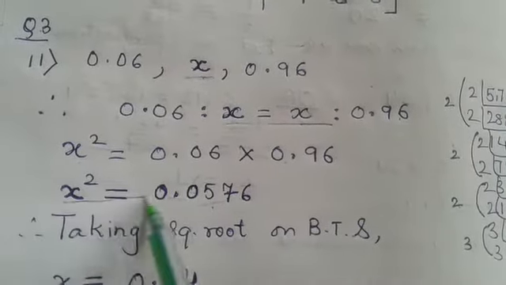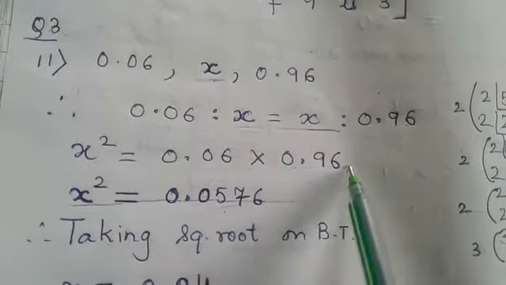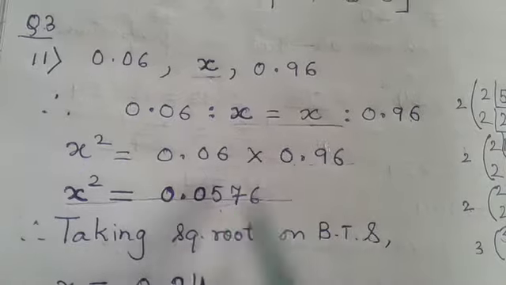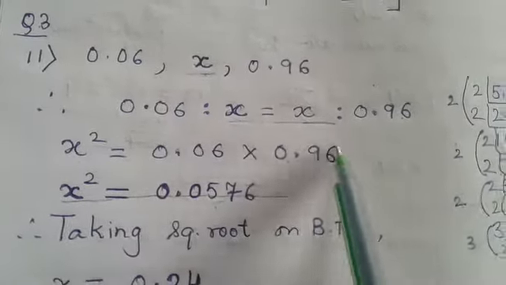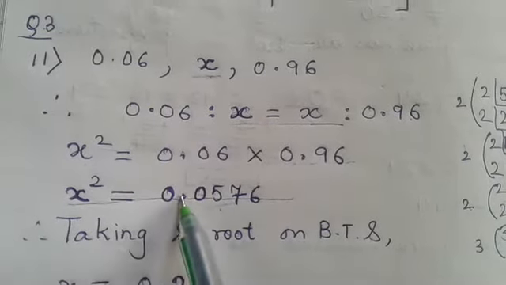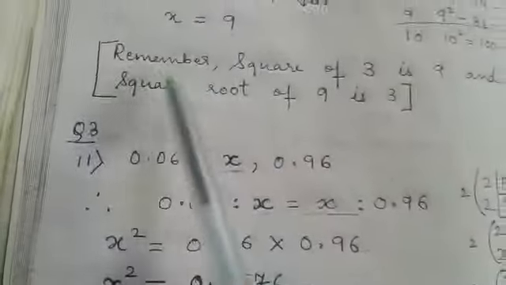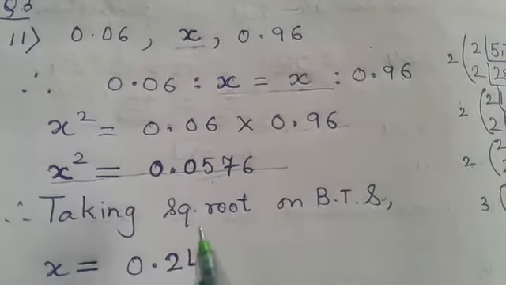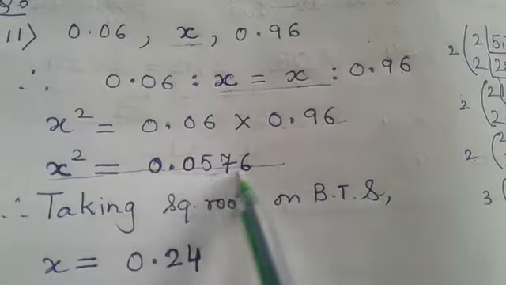Okay, so up to this you won't have any problem, because we have learned this last year, how to put decimals. Once you multiply this, and when you get the product, just count the number of digits after the point. So 1 2 3 4, 1 2 3 4, then put the decimal. Okay, now taking square root on both the sides. Here I have explained that, taking square root of both the sides. So 576. So now the problem comes. How will you find out the square root?